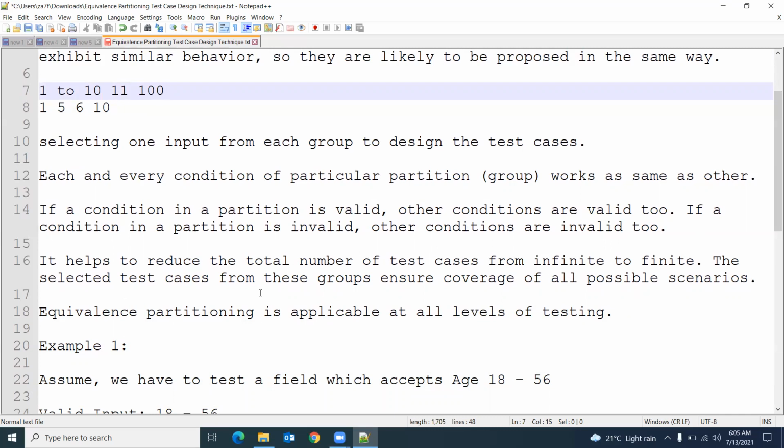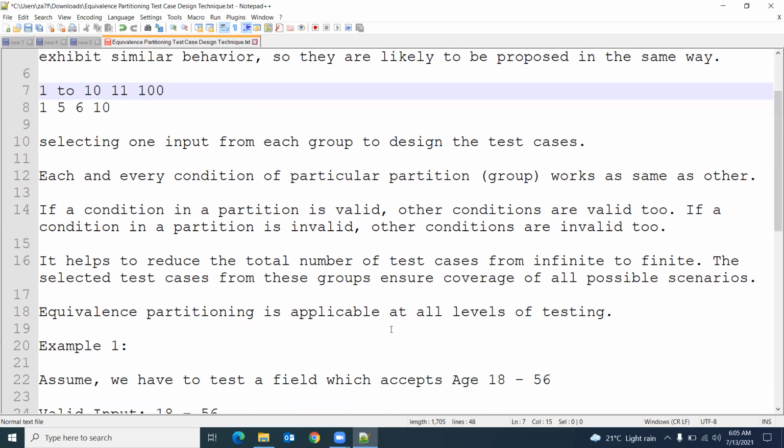The selected test cases from this group ensure we cover all the possible scenarios. If you are taking 1 to 10, then you would have to test all 1 to 10 values, then there would be more test cases, correct? And for reducing that, we are using equivalence partitions.